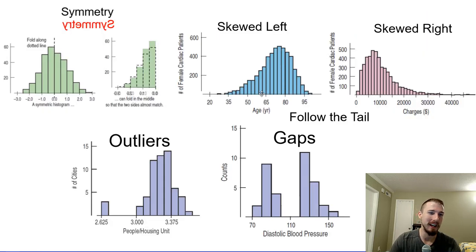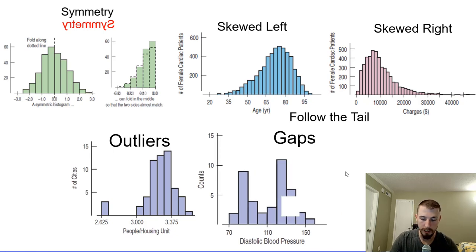Okay, so basically we can only use bell curves with unimodal and symmetric data. If it's skewed to the left or skewed to the right, we can't, because the mean would be pulled towards the tail. But in this case, we don't have to worry about that. We don't have any outliers that are going to increase our standard deviation and throw off our model. Also, we don't have any gaps between the data, like